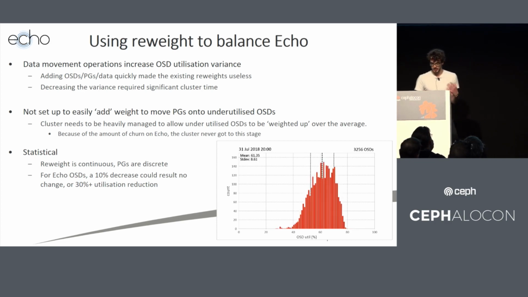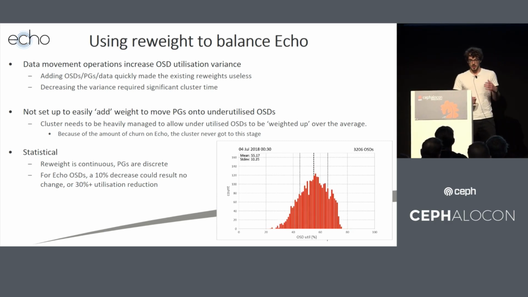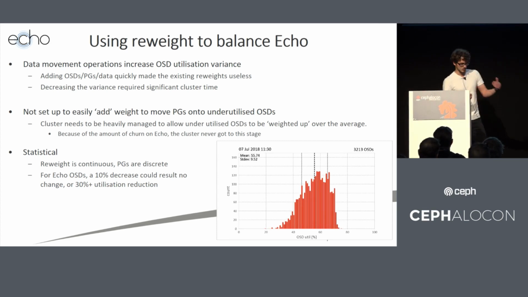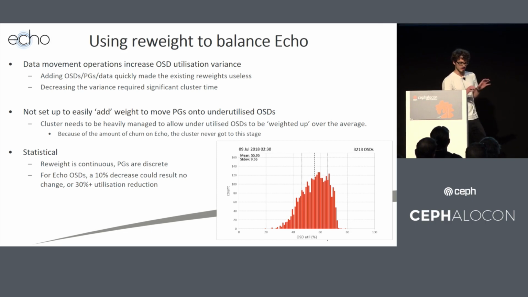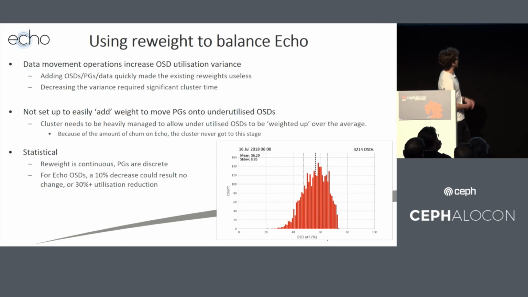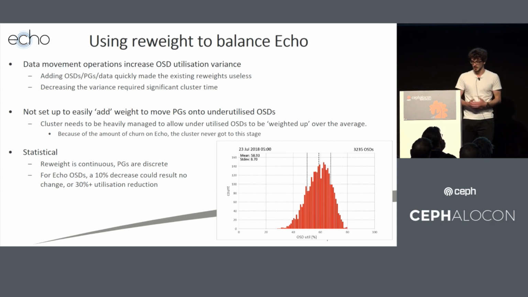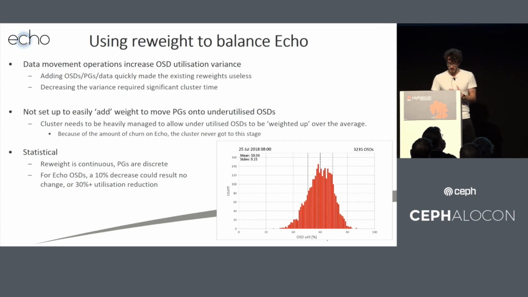So there are a couple of reasons why I think it wasn't working for us. As I said, the general churn was an issue. You can't add weight easily. If you have a very static cluster, you can add weight because you can weight everything down and run reweight by utilization enough that the average is weighted down and the underutilized stuff is then weighted up by still being at full weight. Again, that wasn't really going to work on Echo. We weren't finding the cluster was staying static for long enough that reweights were actually able to have that kind of effect. And then finally, the last point is